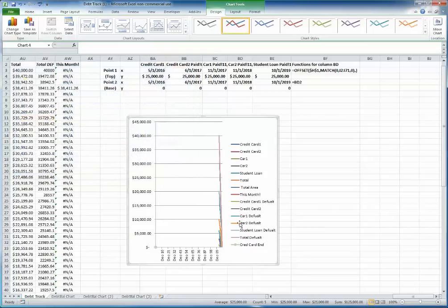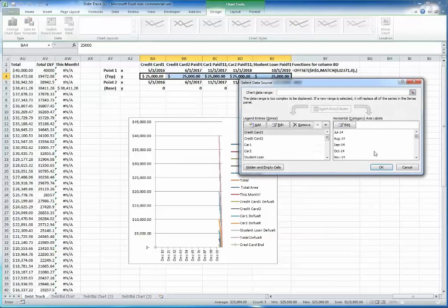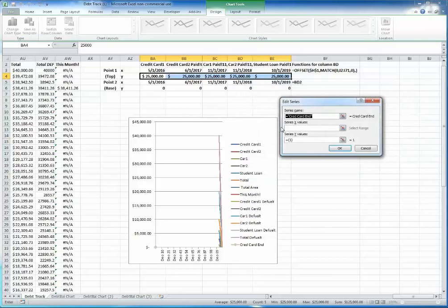Okay, hit OK. Now it's going to look a little scary the first time you do that because now Excel's all confused, not knowing what you want. We're going back to select data. We're going to go back to credit card end. We're going to edit it, and then we are going to give it the X and Y values for the